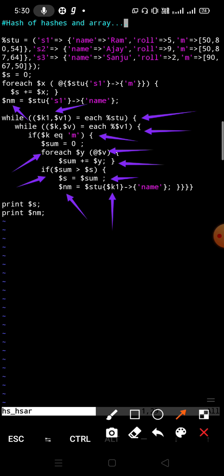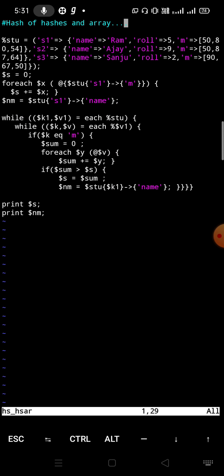After every iteration of the first while loop, $k1 will give the student record name. Means after the first iteration $k1 will store s1, after that s2, after that s3 and so on. So finally if we print $s, it will give you the maximum marks, and $nm will give you the name of the student who is getting maximum marks.